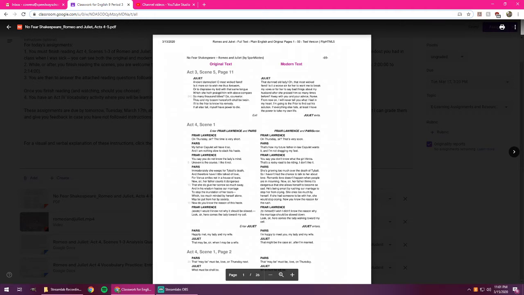So on the left side of the page, you can see here Act 4, Scene 1. On the left side, I've got the original text: "On Thursday, sir, the time is very short." And on the right side, you've got the modern text: "On Thursday, sir, that's very soon." All right, so